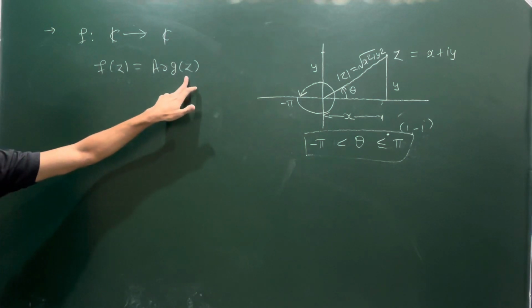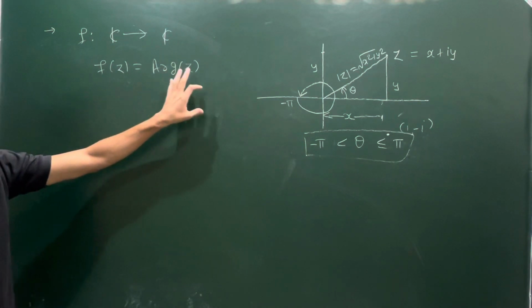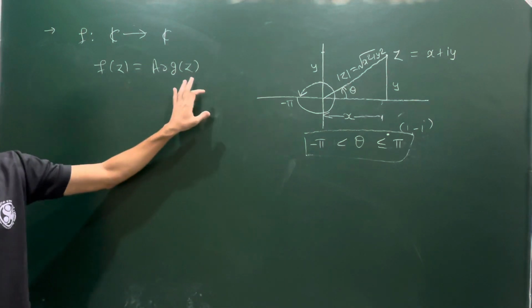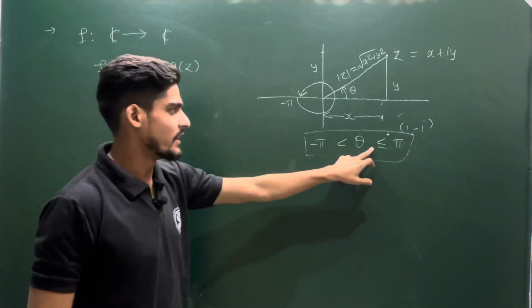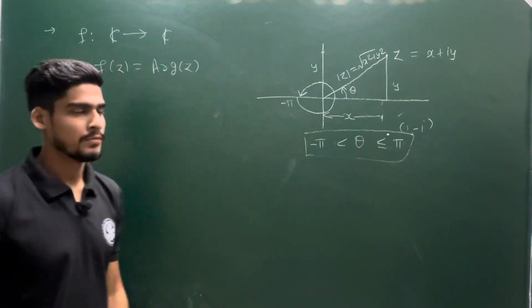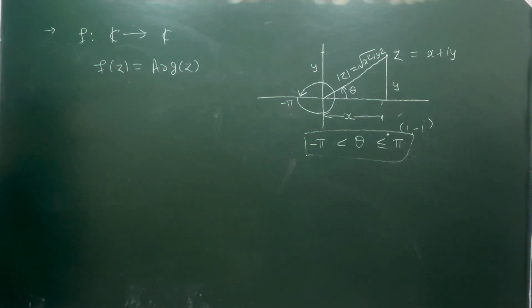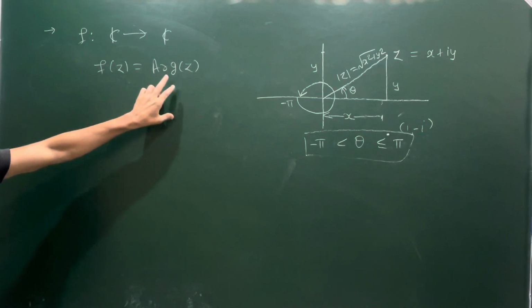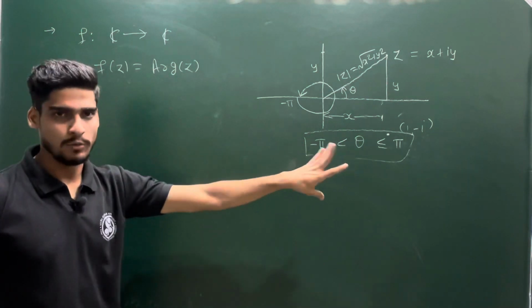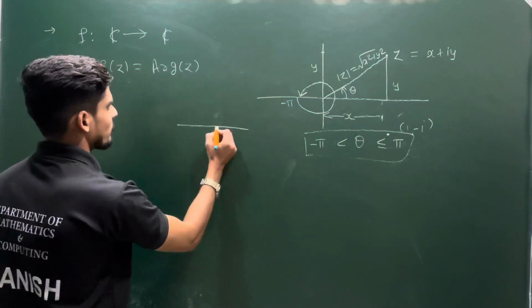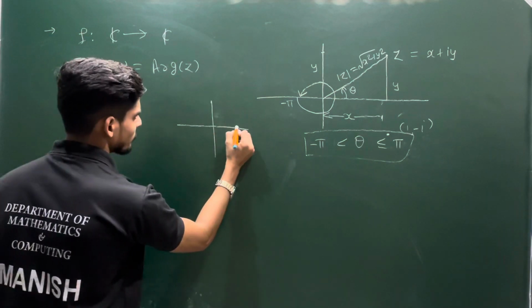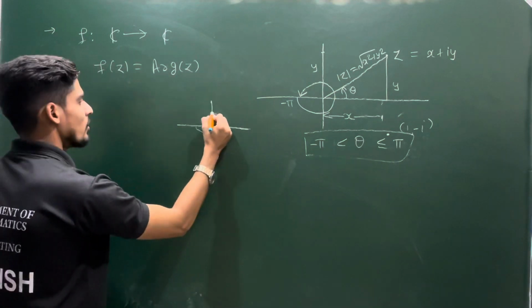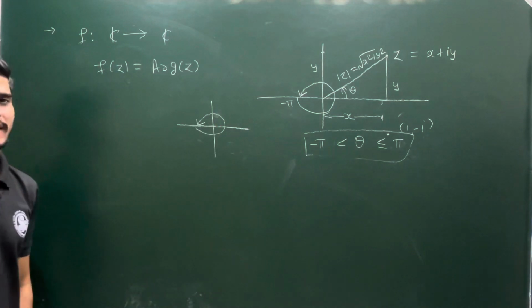What is the argument of z? This is the value of your argument. This is the general argument which is restricted between minus pi to pi. So this will take value in between minus pi to pi. That is clear to you? So it can take value from here to here. That is okay to you.